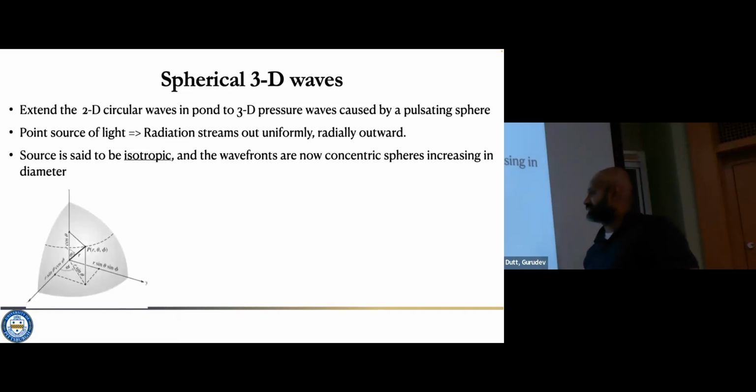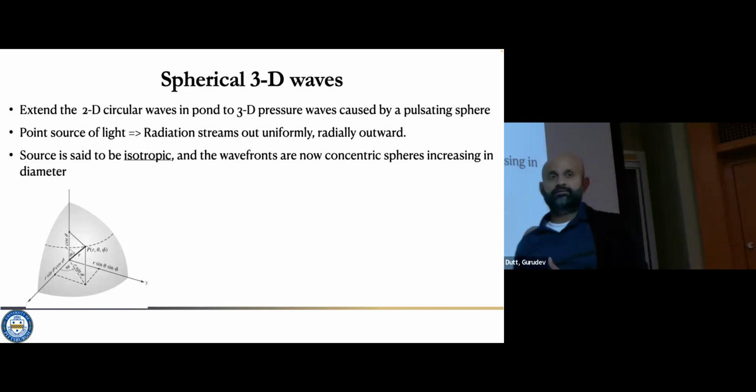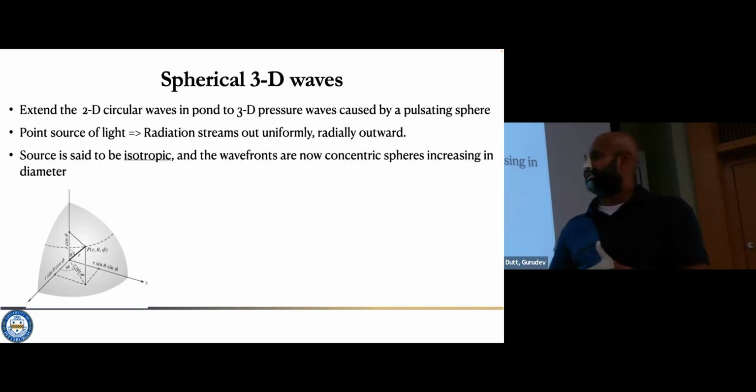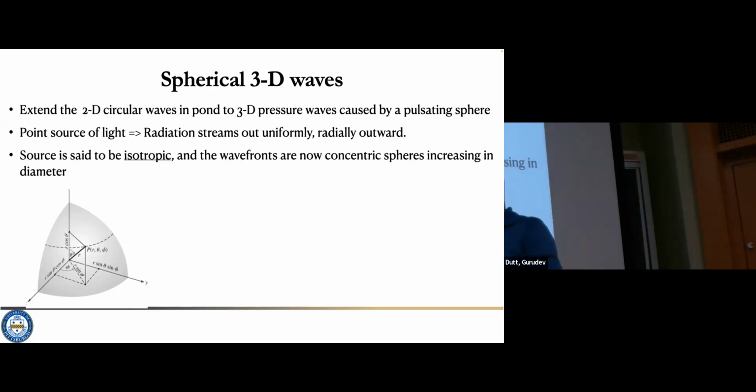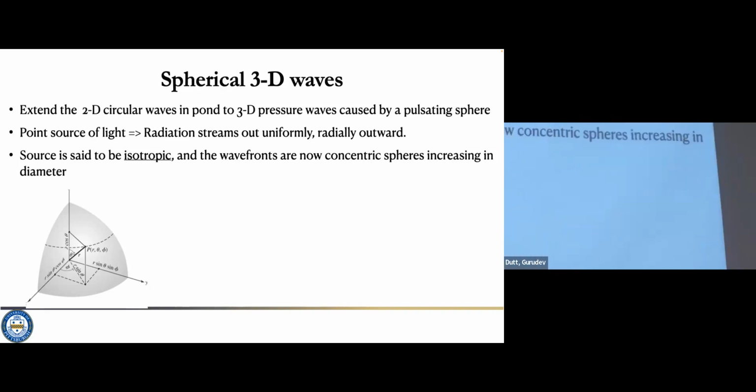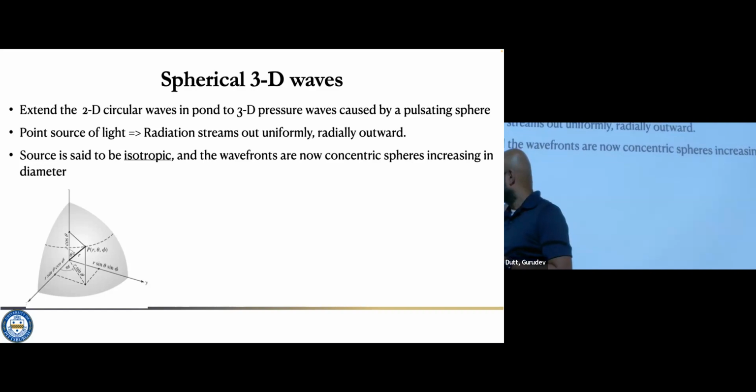We can understand this a little better by taking that wave equation and writing it down in spherical polar coordinates. I'm not going through all the math of this, it's not too important for this course, but here is a quick refresher of spherical polar coordinates for those of you who might have forgotten. If you take any point P in 3 dimensions, and here are the X, Y, and Z axes,